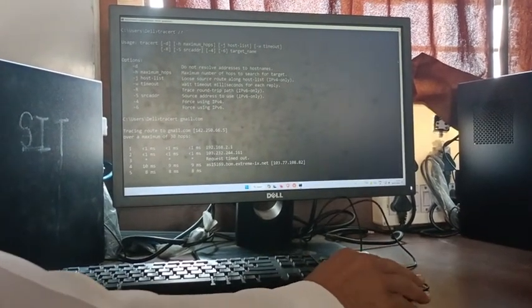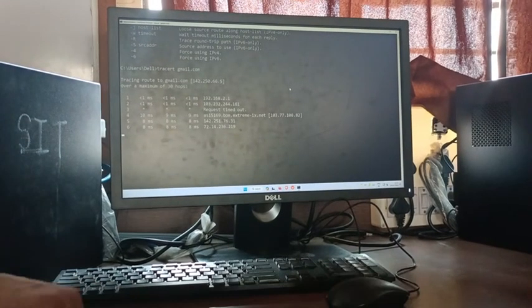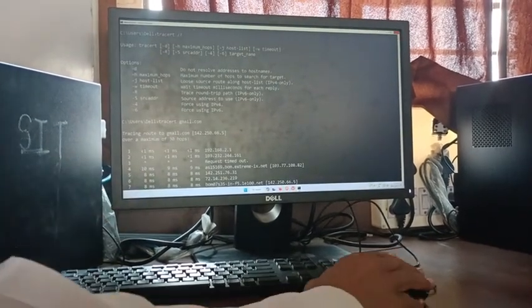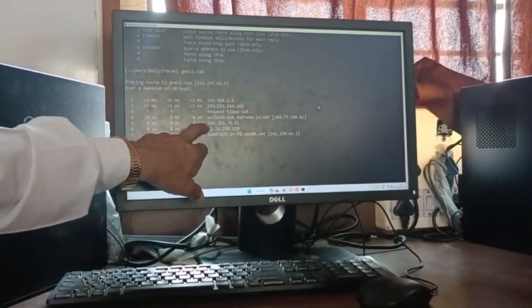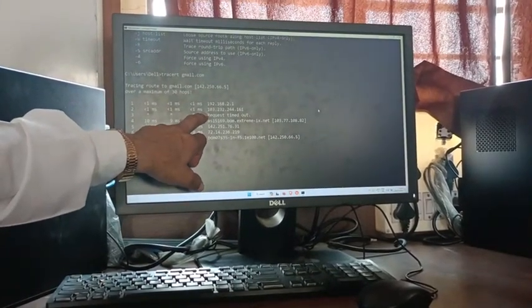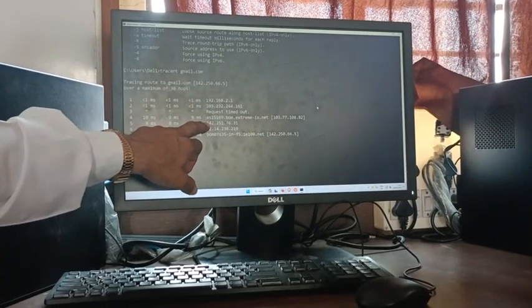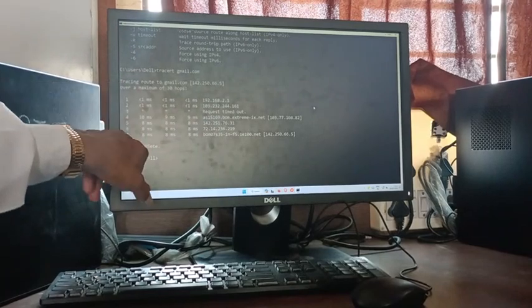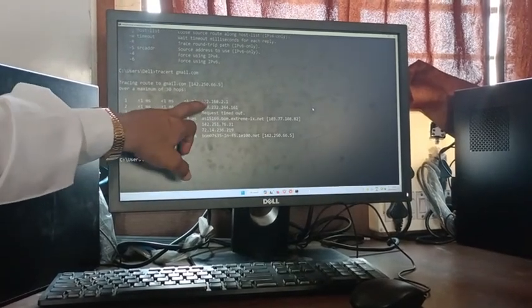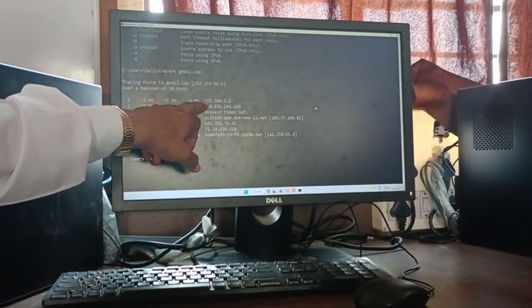It is giving exactly the n number of router addresses, that is, the IP address of all the routers, and how it is getting connected one by one, considering the number of hops. Here first it is our institute's IP address.